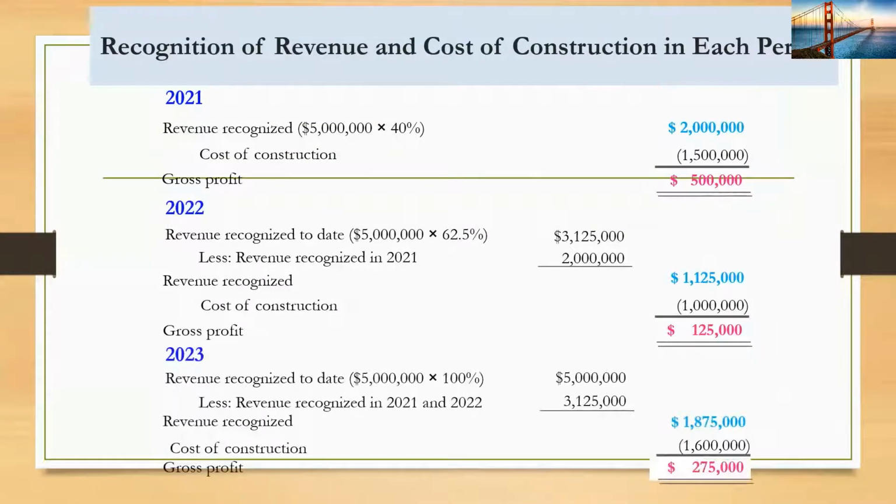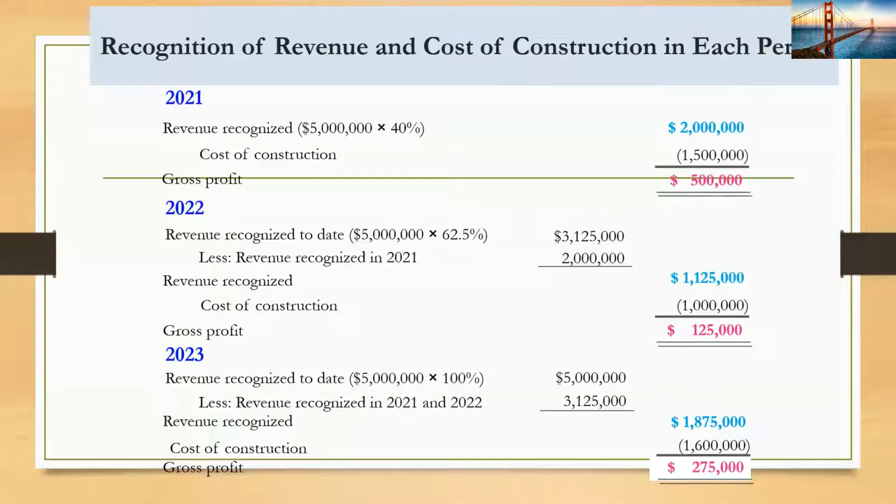Here we can see recognition of revenues, cost of construction, and gross profit in each period of the contract. In 2021, you see that revenue recognized was $2 million. The cost of construction was 1.5. So the gross profit for 2021 is $500,000. In 2022, revenues recognized was 1.125. The cost of construction was a negative 1 million. So the gross profit was